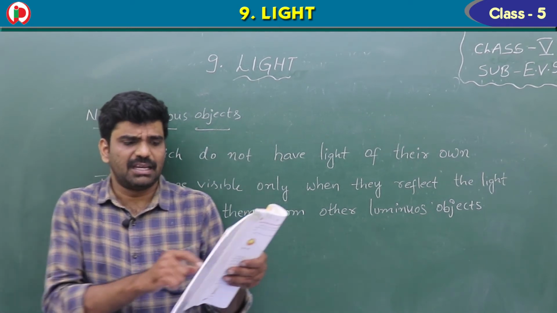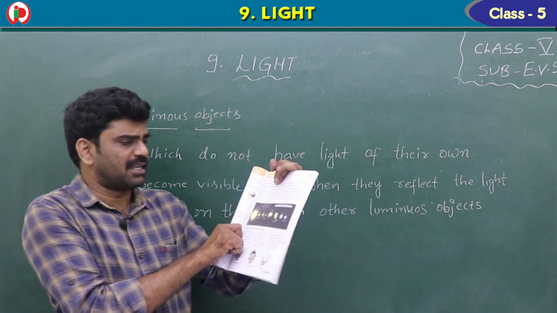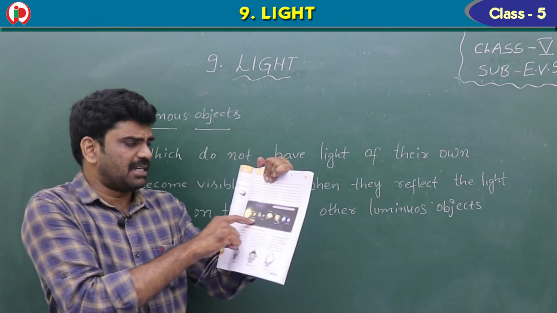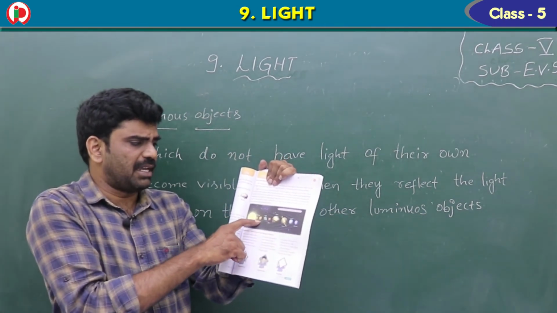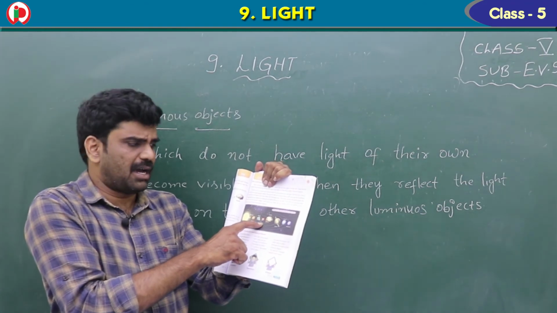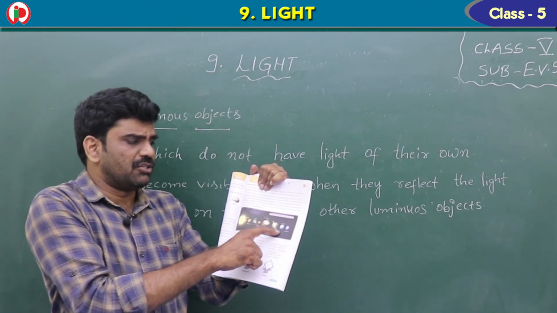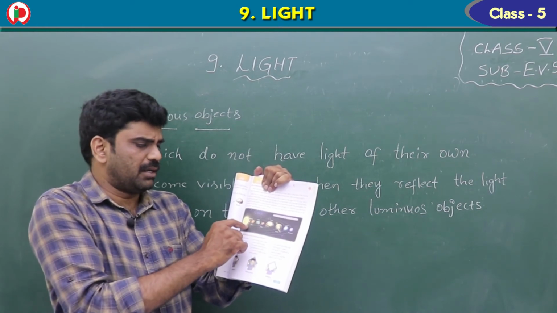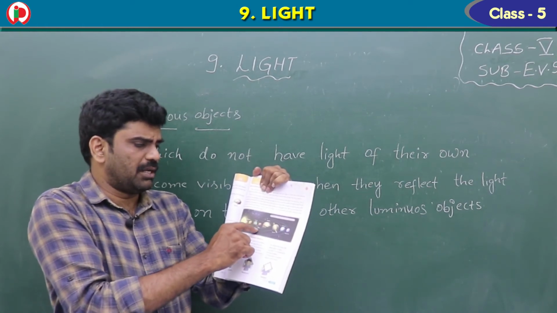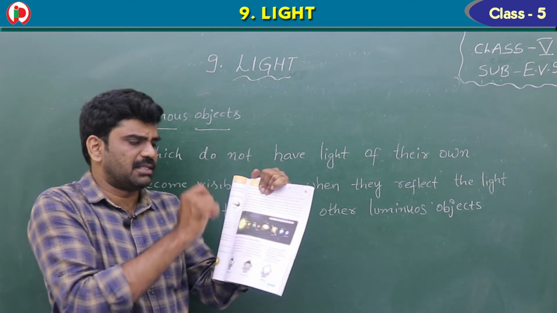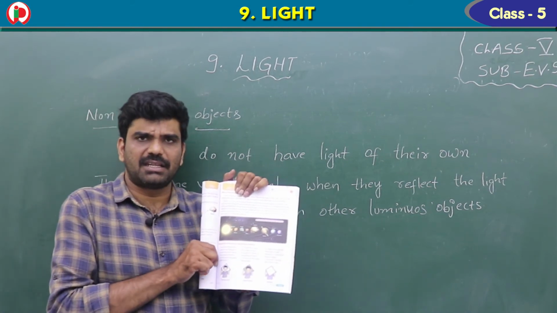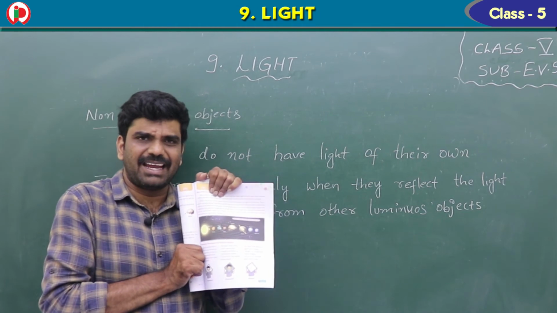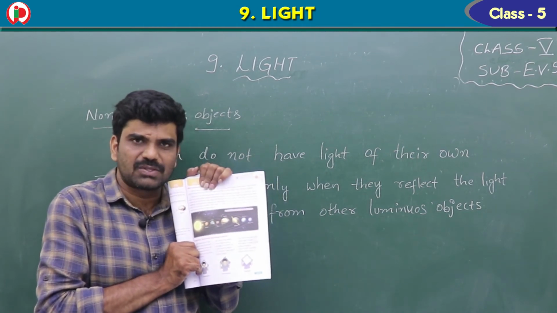So here, see the planets illuminated by the sun. All these are the planets illuminated by the sun: Mercury, Venus, Earth is a planet, Mars, Jupiter, Saturn, Uranus, Neptune. So 1, 2, 3, Mercury 1, 2, 3, 4, 5, 6, 7, 8. Totally 8 planets are there. All these planets are illuminated by the sun rays only.